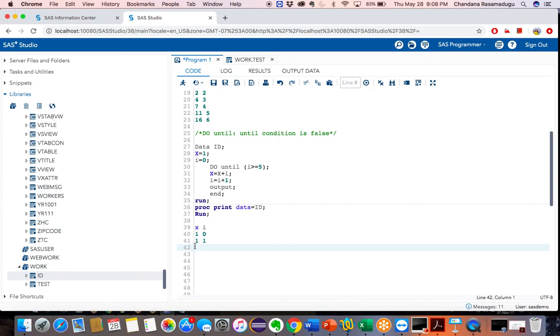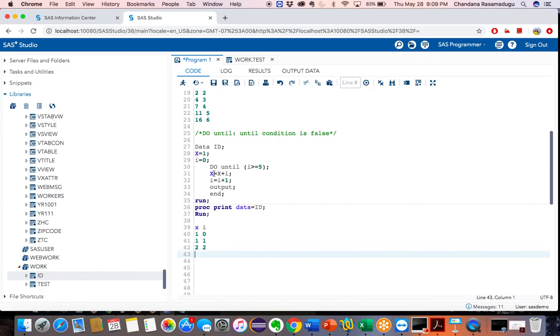Okay, in the loop it executes x equal to x plus I, 2. And what is the I equal to? I plus 1, 2 only. Okay, now again it goes to the condition. In the condition I is greater than or equal to 5, right? Here my I value is 2. Again the condition is false, so it goes to the loop and executes the program.